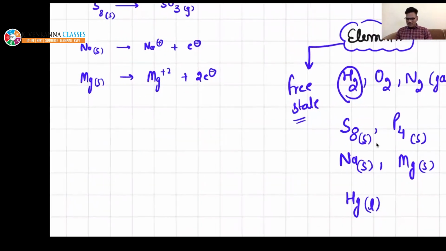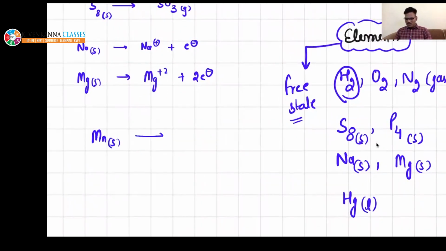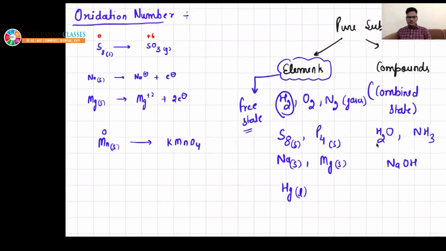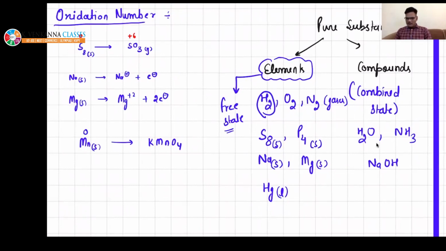I will give you another example. If manganese in the free state wants to form a compound, let's say KMnO4. In the free state, it will have charge 0. But in KMnO4, for now I am telling you, it will have charge plus 7. So how many electrons is it losing? 7, great. It's just the difference of charges. Yes, now you guys are getting it. So yes, that's 7 only.